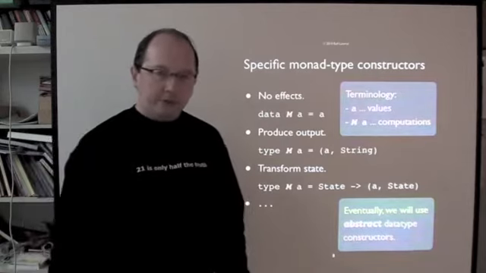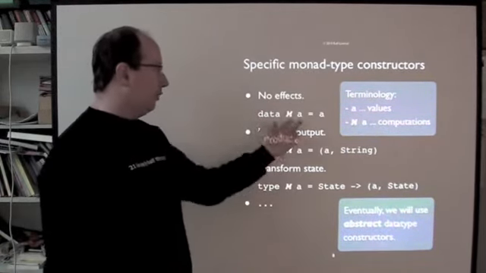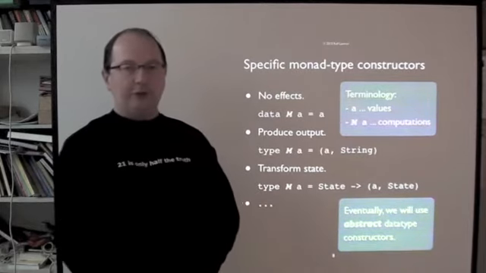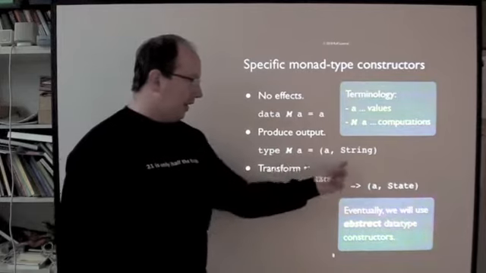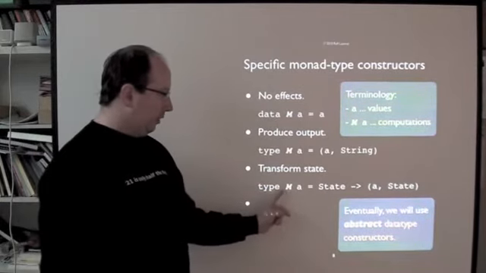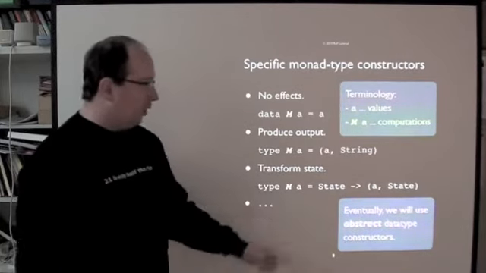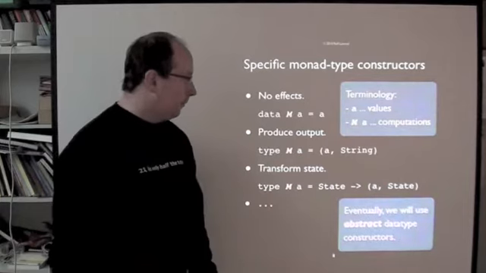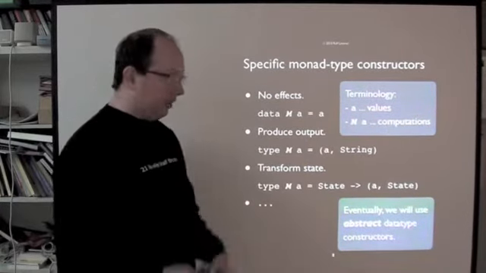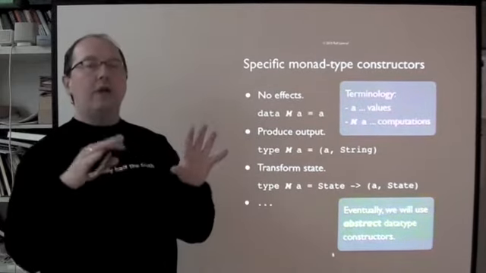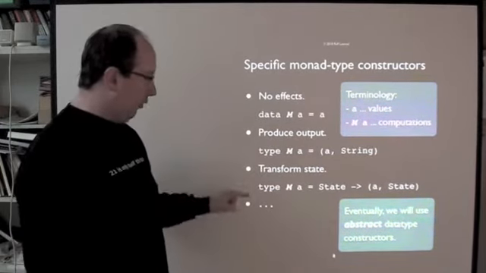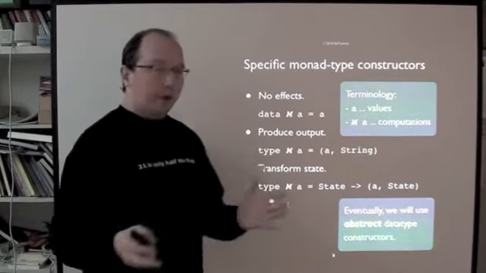So here's a few examples of how we can instantiate M then. Well, in the trivial case, we can apply the identity type constructor, which means that we wouldn't add any computational facet to the interpreter. Or we could define it like this, which would mean we would really add output potential here. And then we can also set up the type constructor to use that function type here, so that would model state transformation. Okay? So as far as terminology is concerned, A is always about the values or the data in our program, whereas M A is about the computations in our program. And I should also mention that in actual Haskell programming we often prefer M to be an abstract data type constructor so that we properly encapsulate